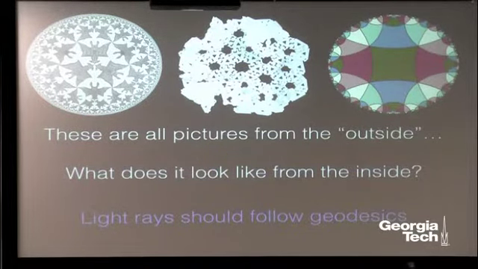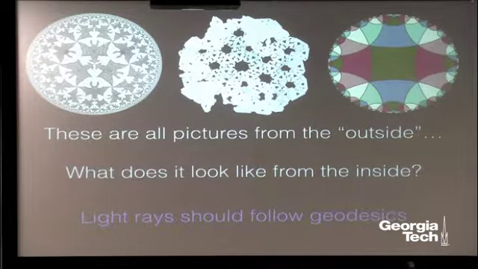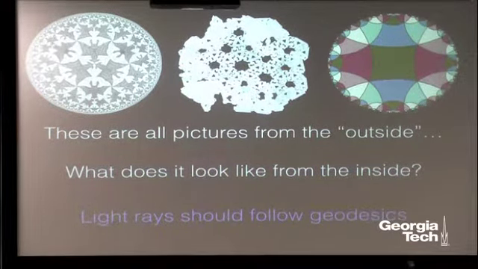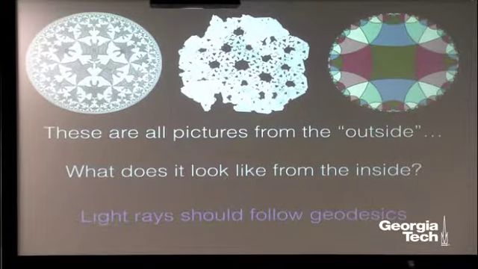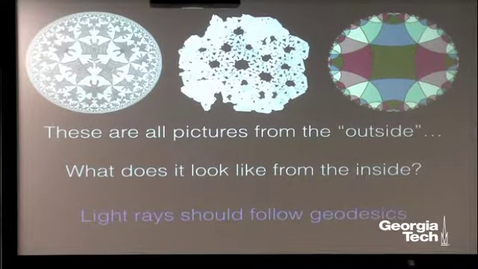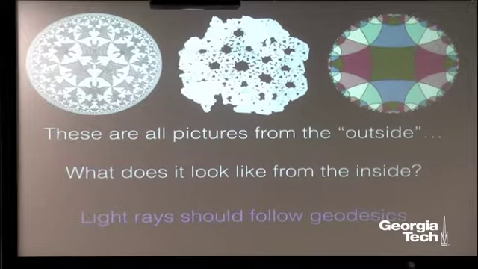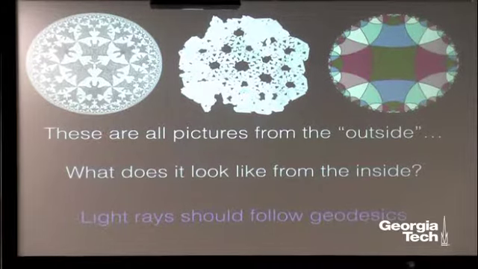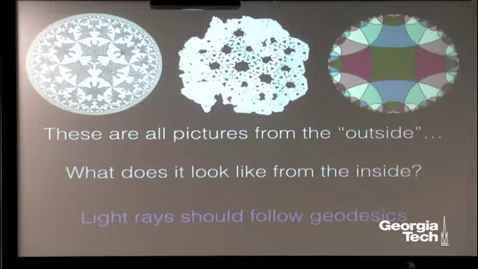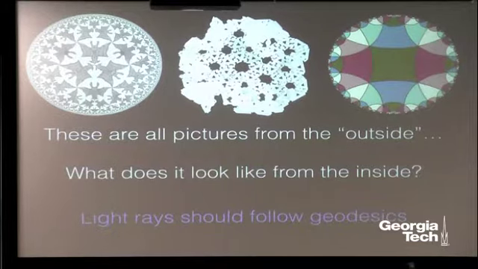So we can think about this from the point of view of a globe. The shortest distance between 2 points is part of a great circle. This is why if you're flying from San Francisco to New York, it seems like you're going very much further north than you would expect. Or if you're going to certain places in Europe or Russia, you might end up flying over the North Pole, depending on where you leave. So in curved spaces, light rays have to follow these lines of shortest distance between 2 points, and these are called geodesics. So this is what we're going to do.